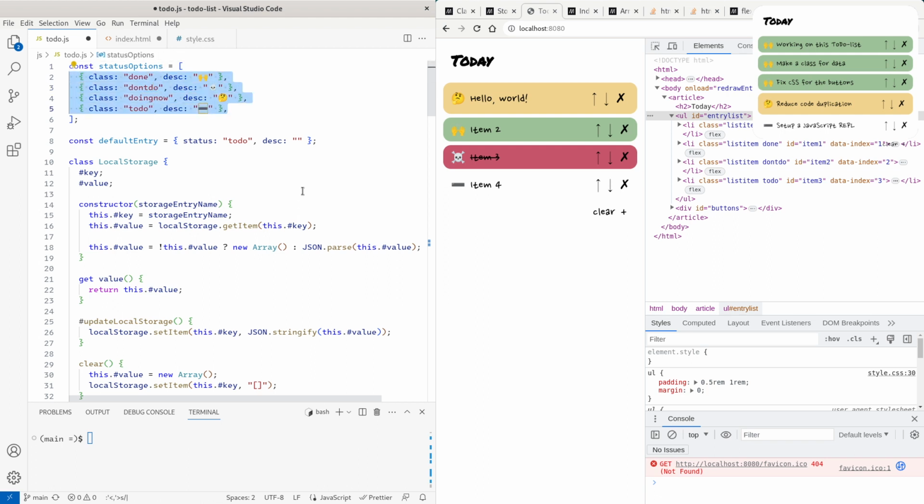So let's rename them so the data type is consistent. But then it's a bit confusing because this shouldn't be a descriptor. It should be